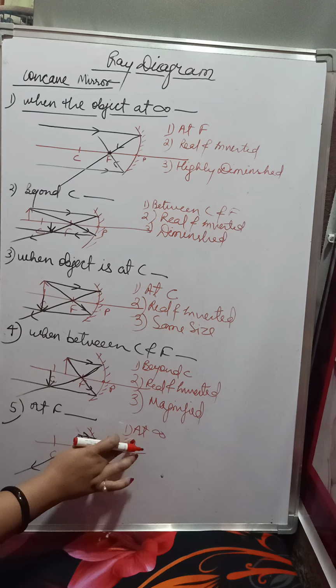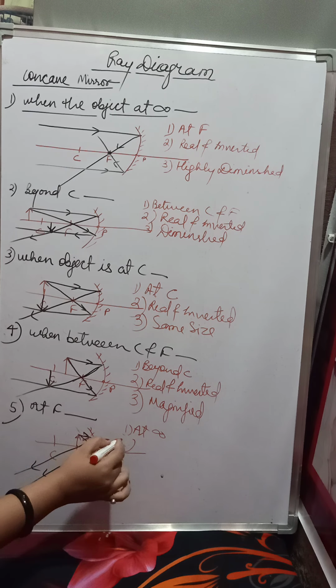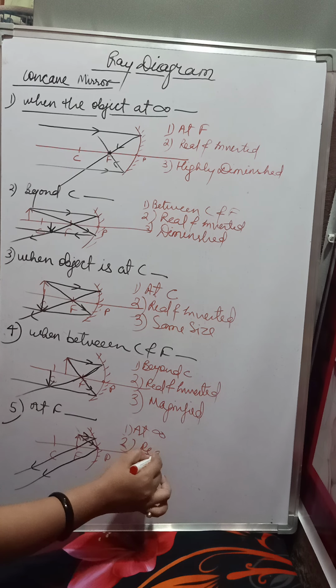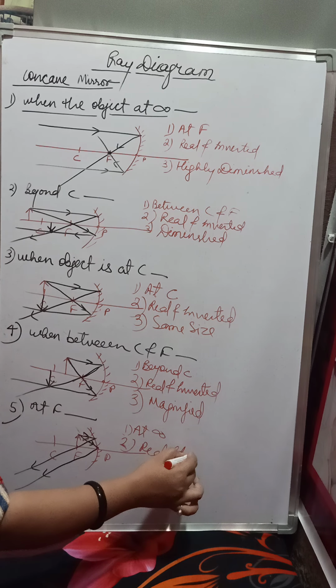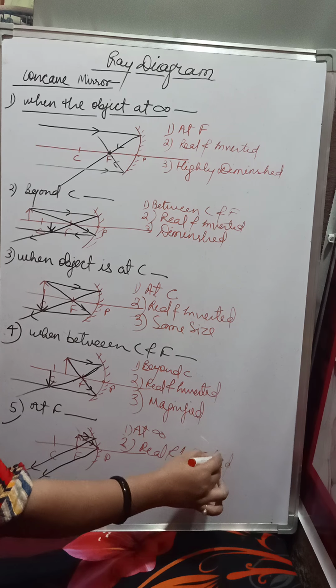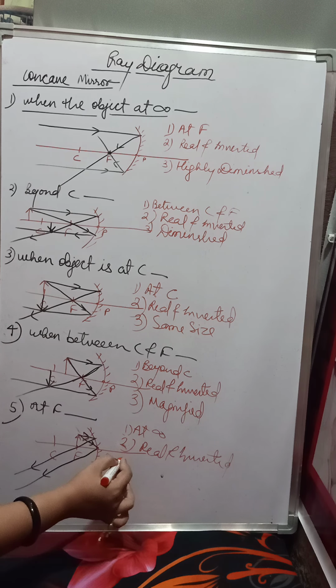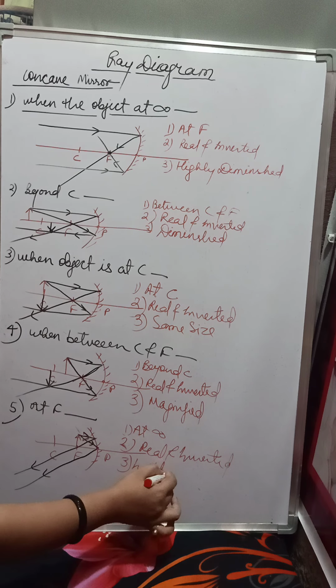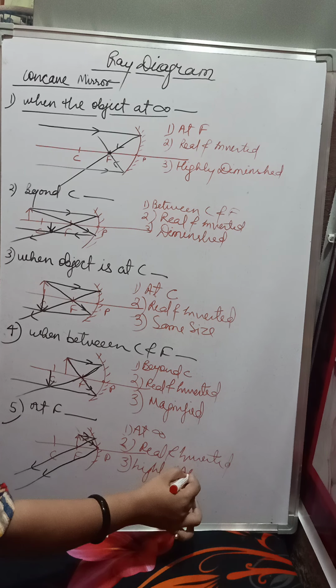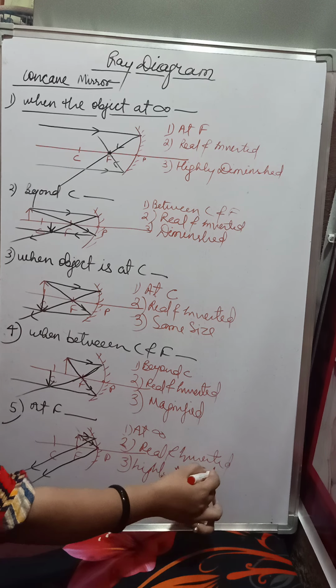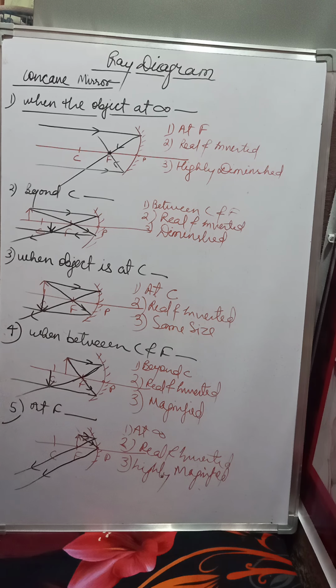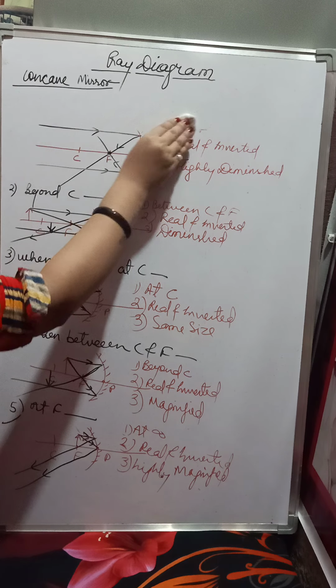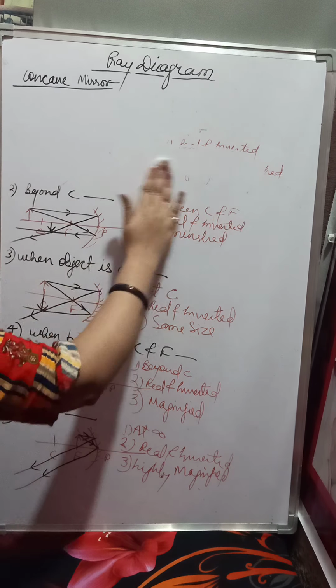Which type of image is formed? It is real and inverted, and it is highly magnified. Now the sixth condition is, when the object is placed between